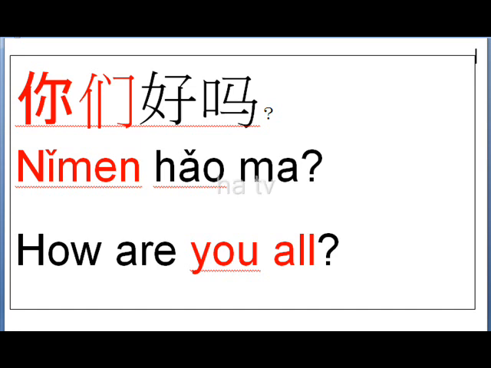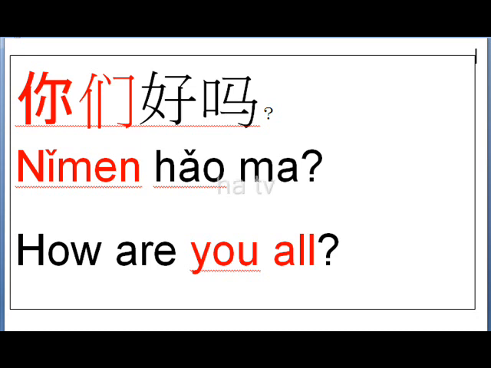Now I give an example for you, which means you for plural, many people. You all. Okay, so here is the example in English. How are you all? 你们好吗？ How are you all? 你们好吗？ 好吗？你们 you all. How are you all? 你们好吗？